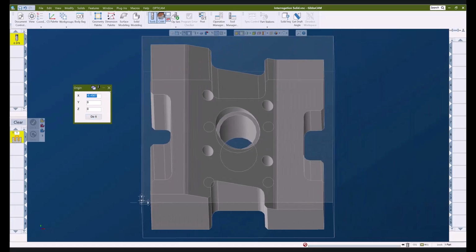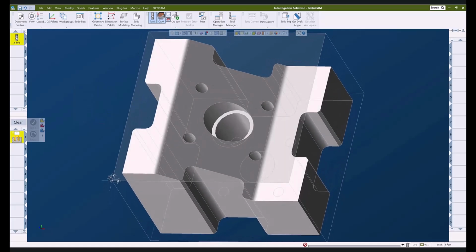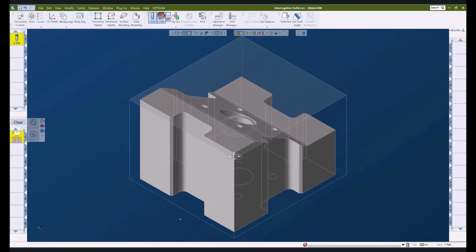We've looked at the two interrogation cursor modes and how to use them on geometry and solids, as well as using the new virtual points both for interrogation and dimensioning. If you would like to learn more about how using these tools can streamline the flow of your programming, or